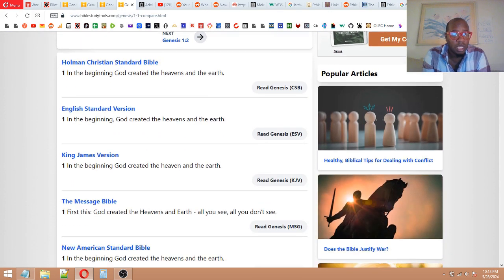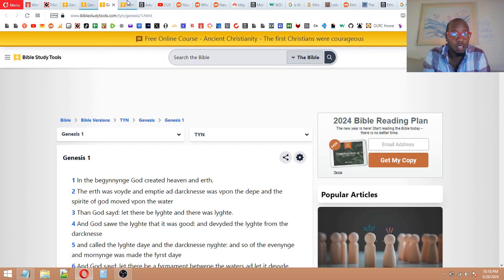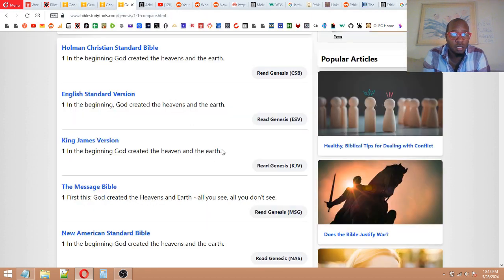King James says, "In the beginning, God created the heaven and the earth." The heaven and the earth. When it says the heaven and the earth, it kind of leaves room to say that God created something else, another planet, right?